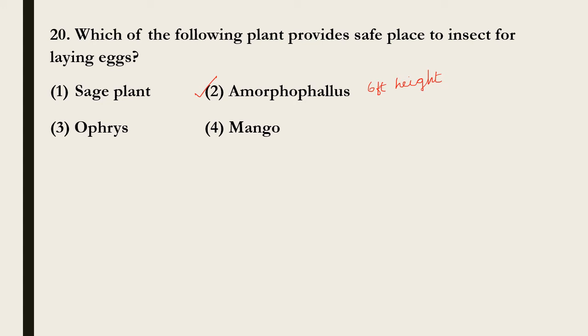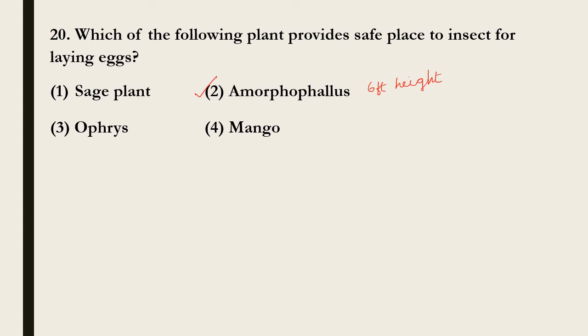Whereas Ophrys is a good example of mutualism or symbiosis. Ophrys has a symbiosis with wasp insects, and the petals of these Ophrys flowers appear like a female wasp. So the male insects suspect that the petal is a female and come towards the flower for mating with that female coloration. When it visits the flower, the pollen grains are attached to the insect.